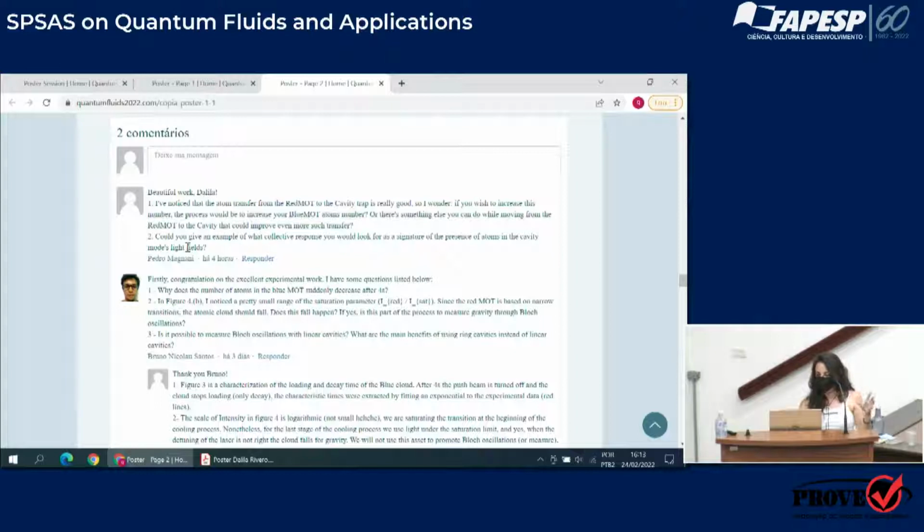But in principle, there are several ways to do it, and the easiest way would be to put light resonant with the atoms in one mode of the cavity and put the cavity away from resonance, like we do it, and then scan